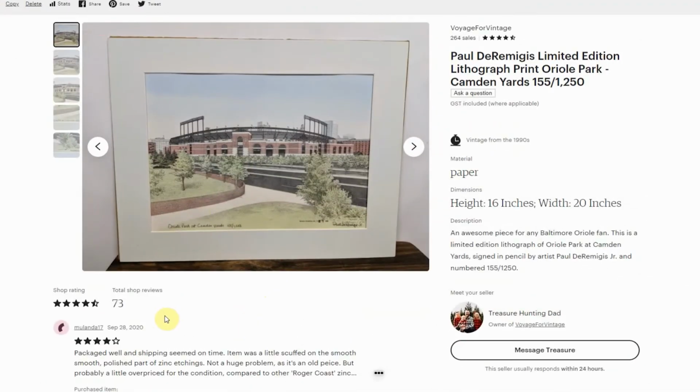So here's my next sale. This is a limited edition lithograph by Derimages, and it is a print of Oriole Park, Camden Yards. I got this one because it was only $1.99 or $2.99, and a lot of times I've noticed with artwork that isn't in a frame but is matted, and this had like saran wrap all around it, but